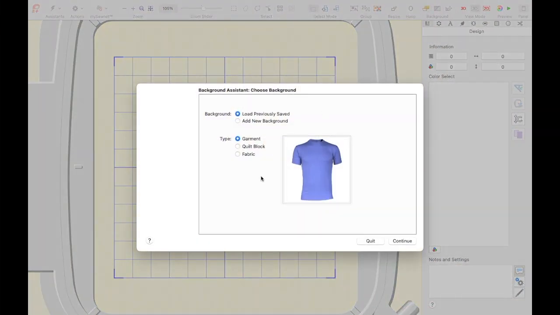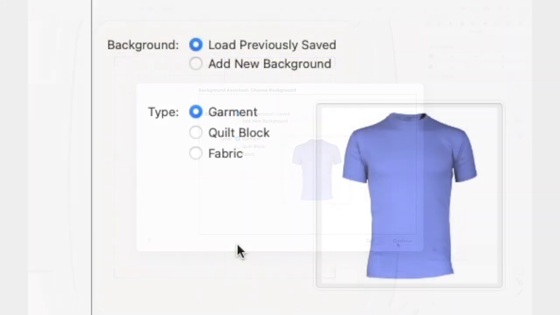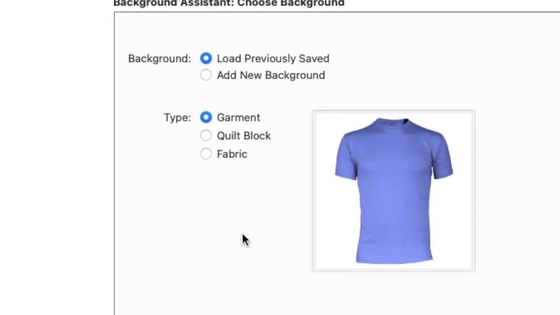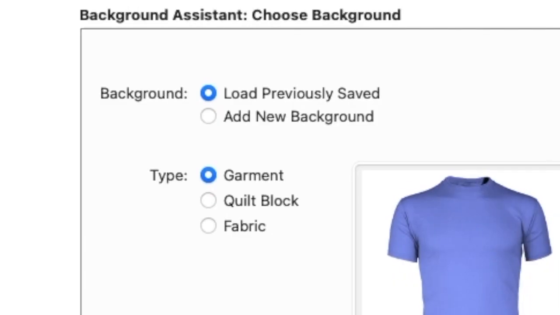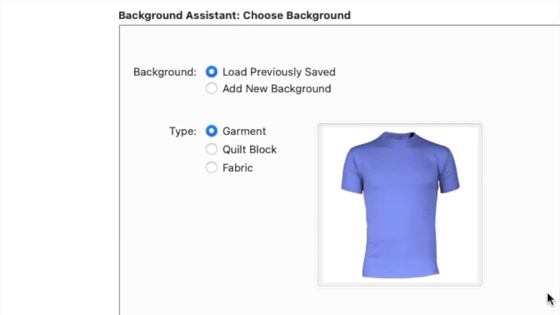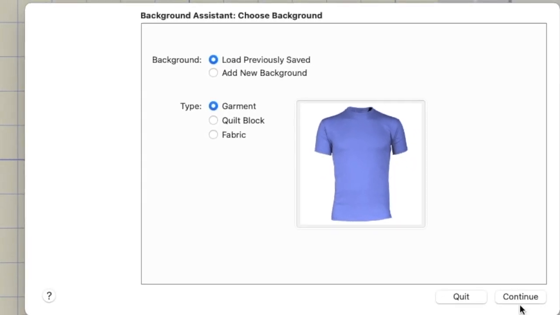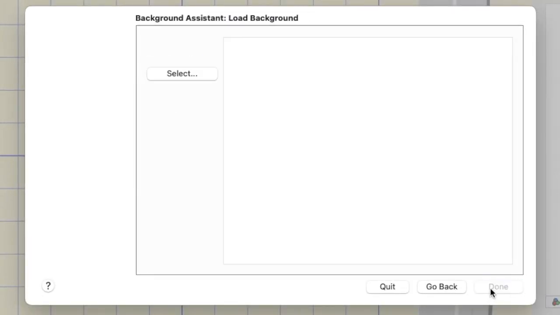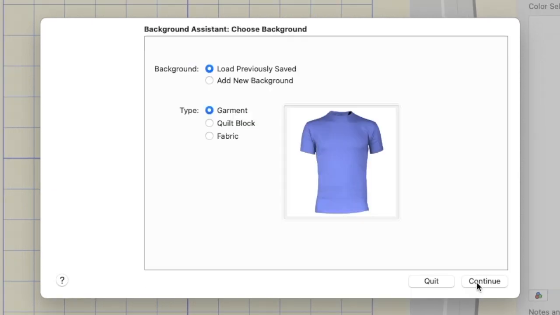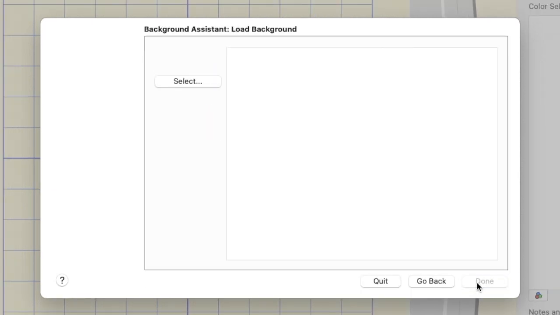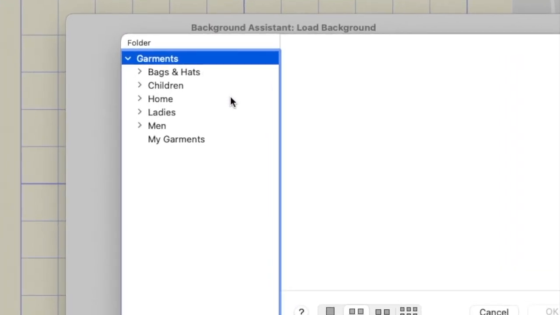Alright, so let's say you decided to load a previously saved background. From the Choose Background page, you've selected Load a previously saved background, and you have selected your garment type. Again, once you click Continue, you are taken to the Load Background page. Here you're going to click Select to choose a background in the Background Viewer and browse to the desired folder